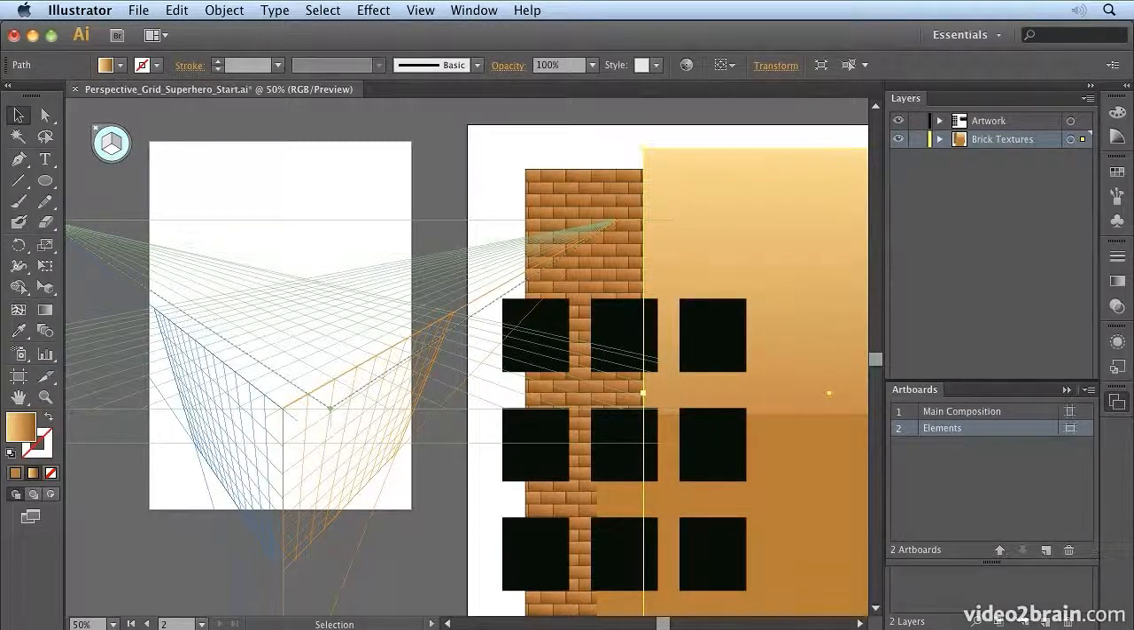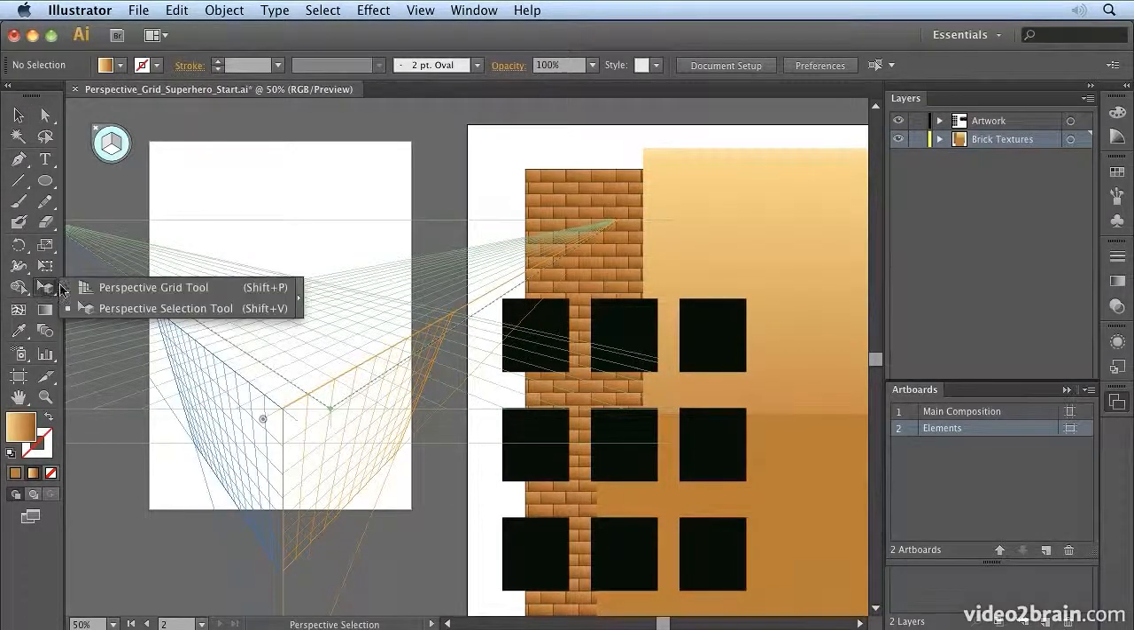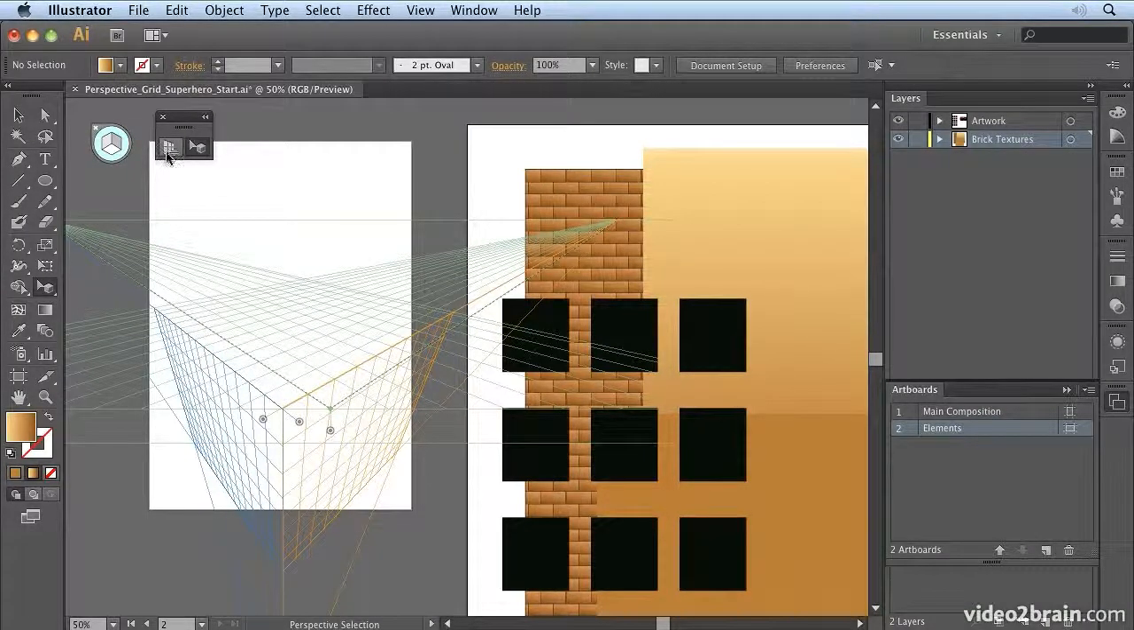sides of the buildings. So basically the way it works is you have this widget and you choose on the widget which side you want to place artwork onto. In order to do that, you need to actually select the perspective grid tool, and while you're in there, if you pull off this strip, it will give you access to both the perspective grid tool, keyboard shortcut Shift P, and the perspective selection tool, Shift V is the shortcut for that. Now, don't